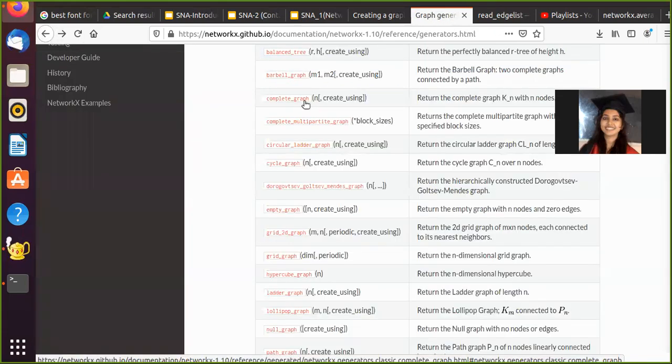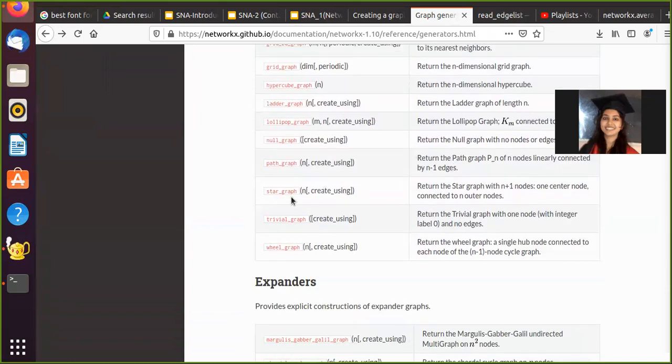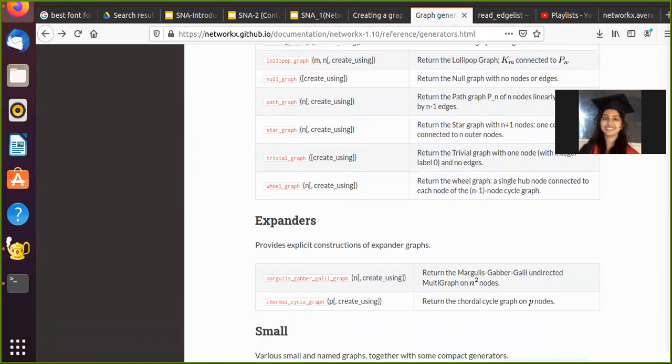There are some more. There is a complete graph, then you can make a cycle graph, a null graph which doesn't have any nodes and edges, a star graph where there is one node in the center which is connected to the remaining ones, a wheel graph where there is a single hub which is connected to a cycle, and so on and so forth.